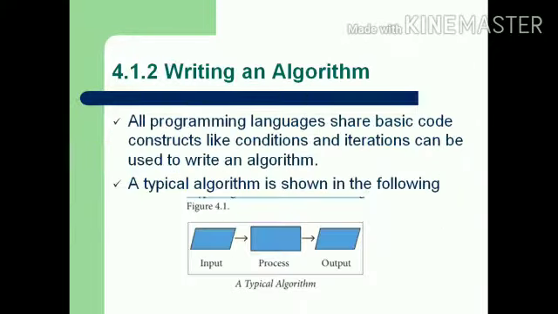So next our topic is writing an algorithm. How can we start writing an algorithm? Before we start writing the algorithm, we should consider three important steps. Number one, input. Number two, process. Number three, output. Input means what inputs are required for this algorithm. It should be clearly defined before we start writing the algorithm. Number two, process. In this process step, we should know what we are doing with this input. Number three, output.